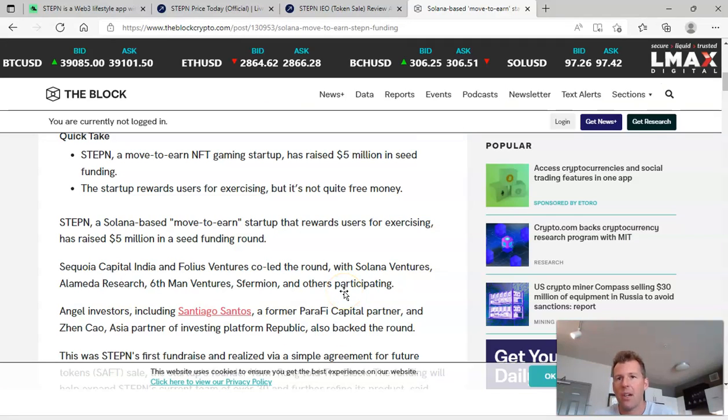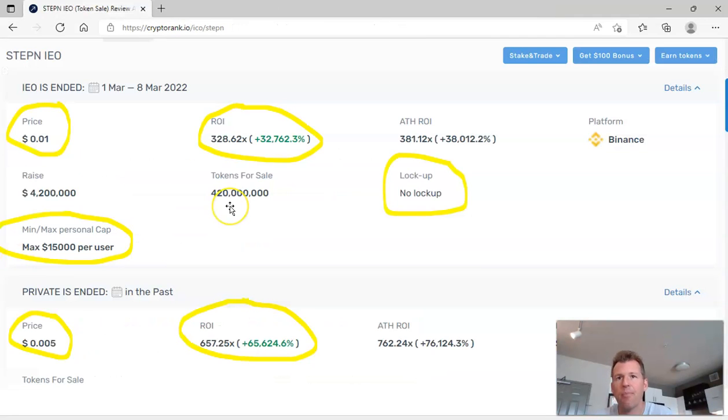More about the company. About 6 months ago, they were founded, and received funding from some pretty big names, $5 million total in a seed round from Sequoia Capital, Solana Ventures, Alameda Research. That's Sam Bankman-Fried's company there. So a lot of credibility amongst the investing team. The returns for the early investors have obviously been astronomical, even higher than the returns for the early traders. The private sale price was 0.005, and considering it's currently trading at 3.30, that's a 657 times return,